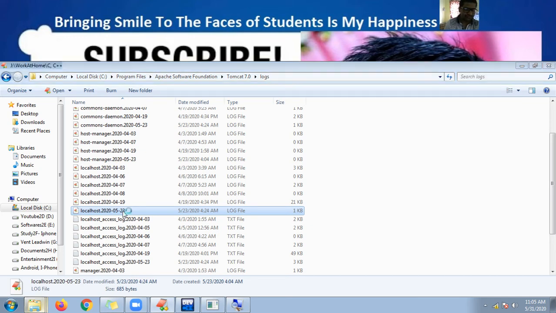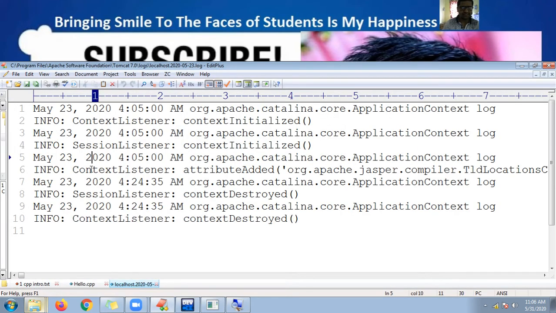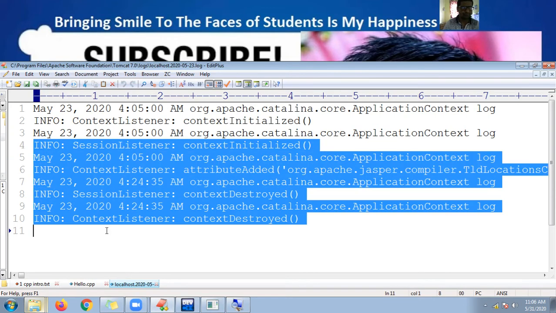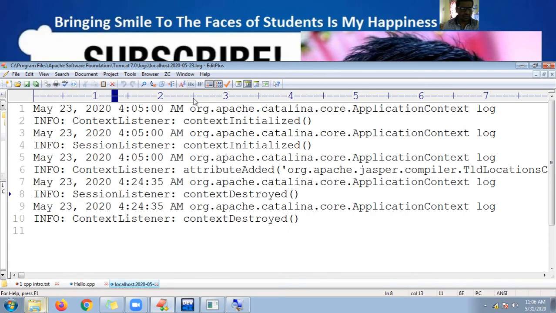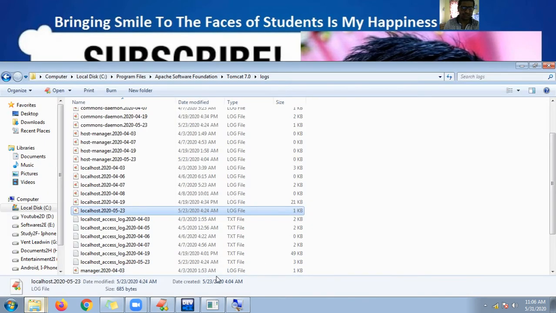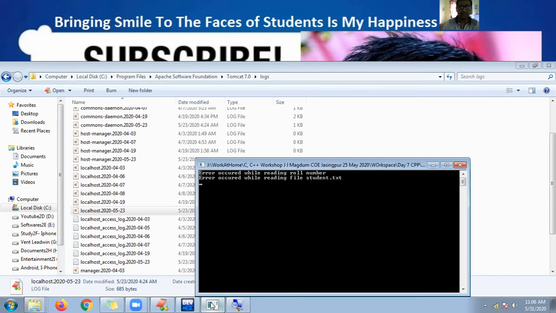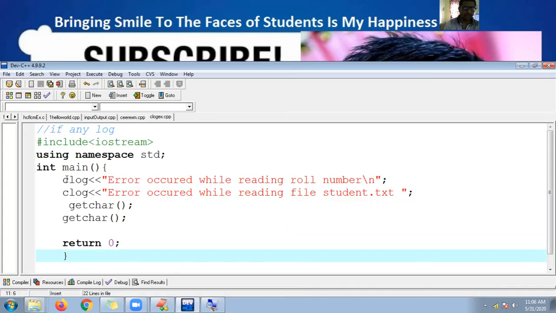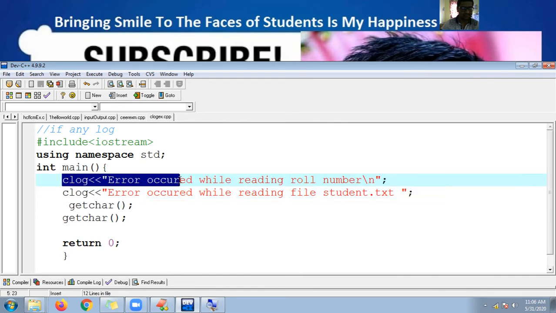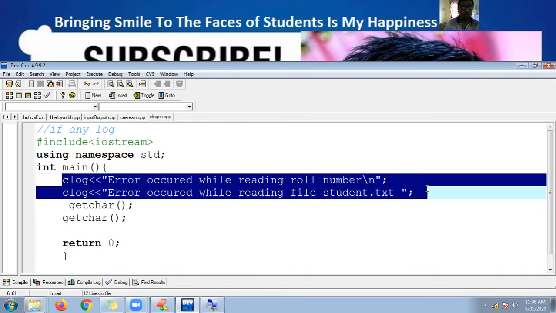Now on that day, what are the messages, which application has started, which application has stopped, what is the context root, means what are the messages I want to keep, those messages will be kept in log messages, log files. To keep these messages, you can use clog. You can use clog and cerr to display the error messages. Understood now? I hope you understood.